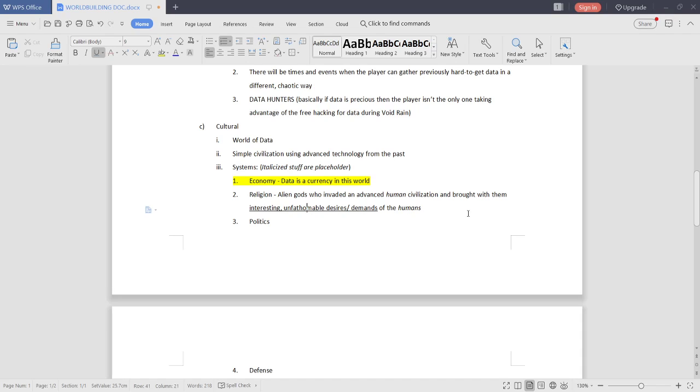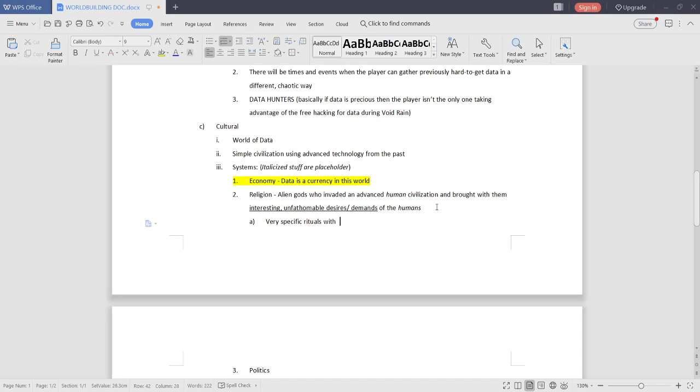And whenever you don't do them or do them wrongly, the humans get punished. So yeah, let's put that over here under religion. Let's not italicize this. Control I. There we go.